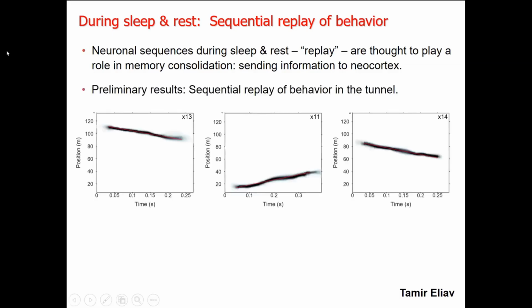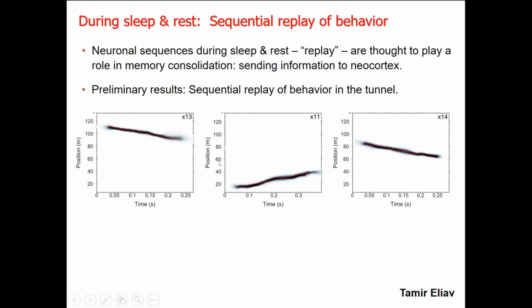And the answer is yes. There are 3 examples of replay. So this is now position versus time. The color is the probability, right? So this is now the probability of the decoder. And you see that you have here these sequential replays of activity where the decoded position progresses in a linear manner versus time, but on a very fast time scale, right? This is 200 milliseconds or 300 milliseconds. So it lasts for a few hundred milliseconds, and you see these